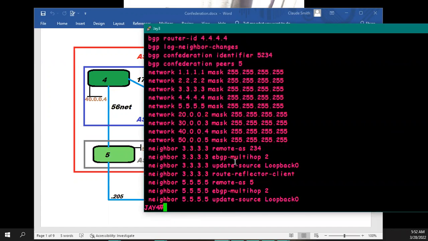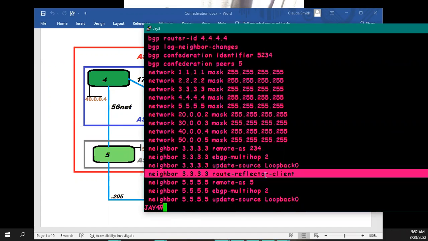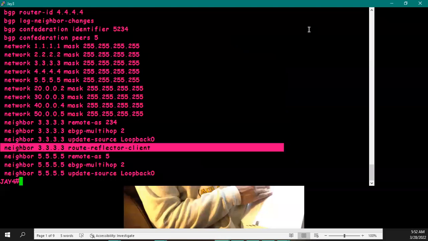There we go. Okay, so you will see neighbor 3.3.3.3 is a route reflector client. So therefore, it will receive those routes from number 5, and then it will actually propagate those routes to